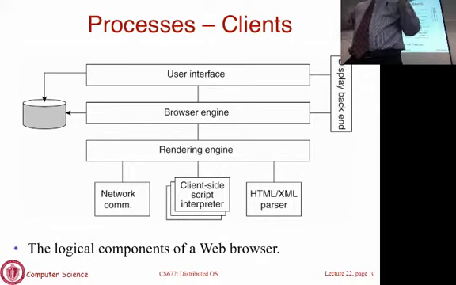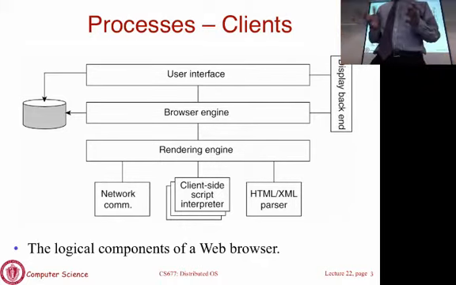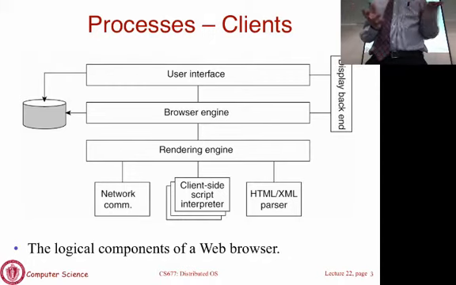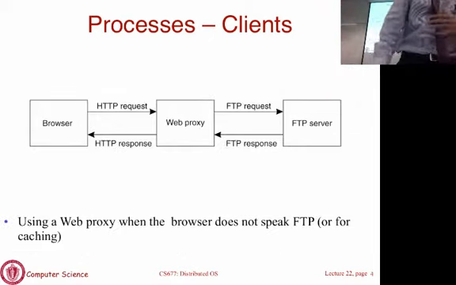It puts the images in the right place. It takes the HTML, it takes the tags, what fonts and so on, and it is going to render it. And then there are a whole bunch of other modules. There is a parser to parse XML or HTML that comes from the server, a communication module to communicate with the server. There may be client-side interpreters if your browser supports things like JavaScript, which most browsers do. You need an interpreter to interpret any JavaScript that's embedded in your HTML page and so on. Okay? That's a standard picture of how a browser works. We won't go into too many details there, just a quick overview.